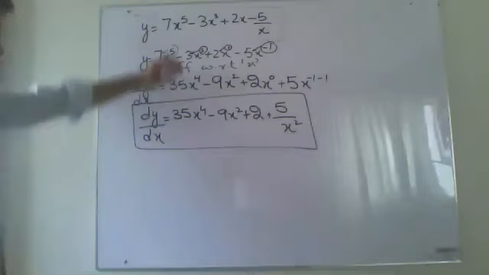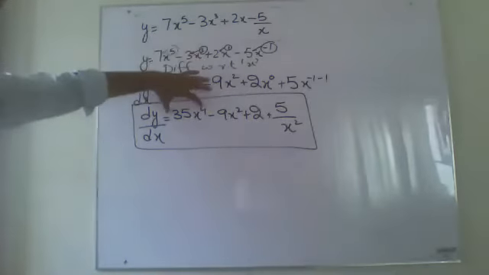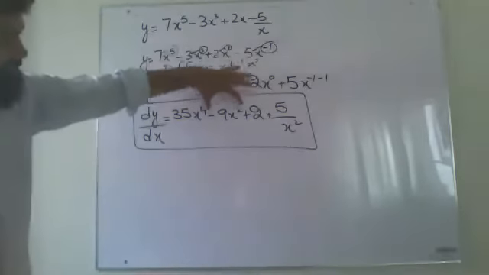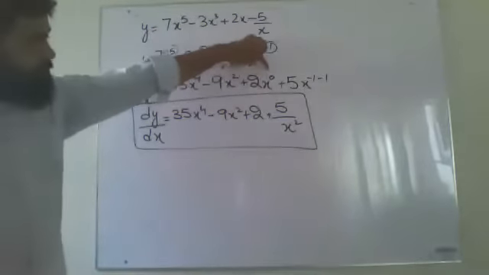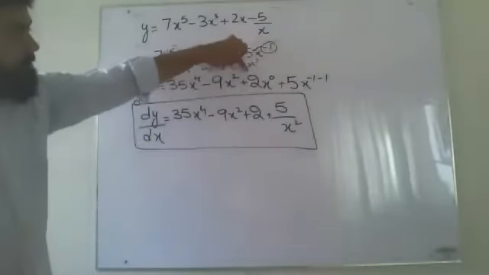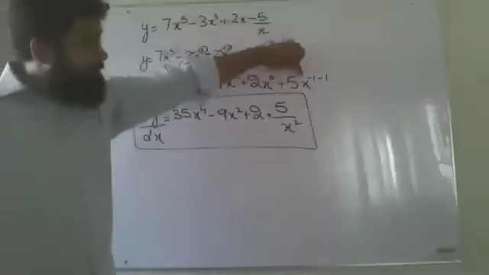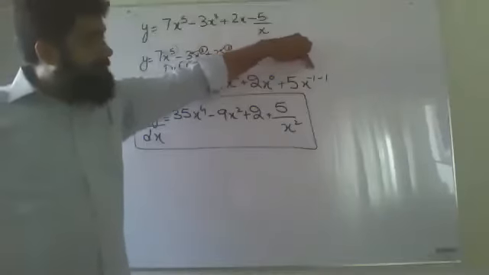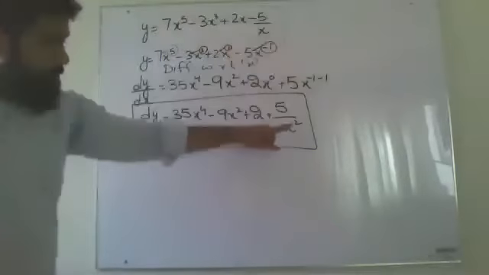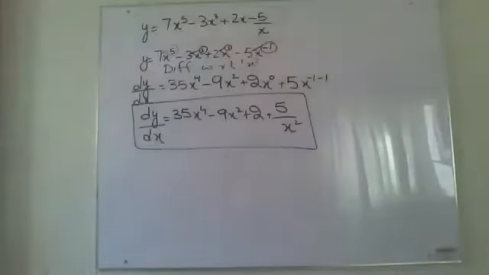After that, this is written as it is, this is written as it is, x to the power 0 is 1 and 1 multiplied by 2 will be 2, that's why I've written it over here. And this will become 5x to the power minus 2, so minus 2 I have shifted and it has become plus 2 in the denominator, x square in the denominator. Okay, this is what we have done in this question.